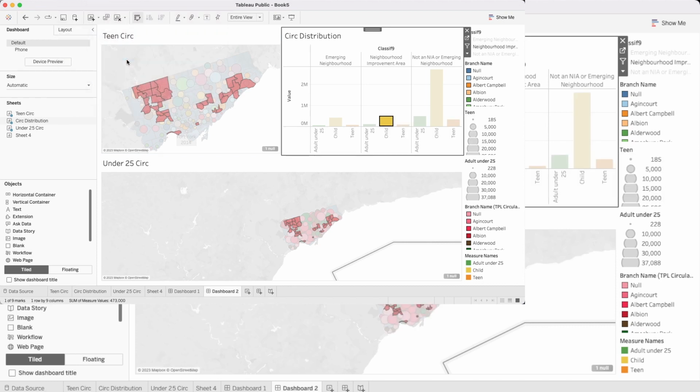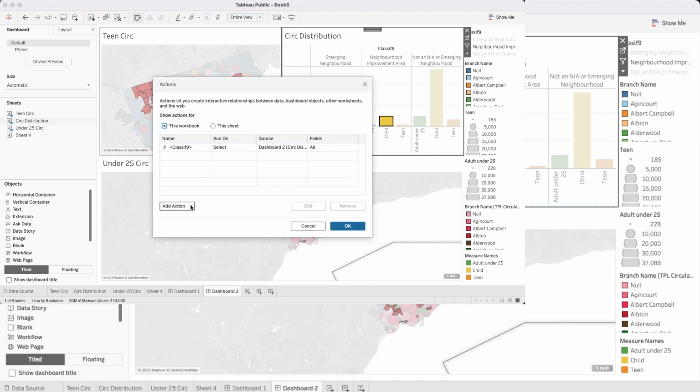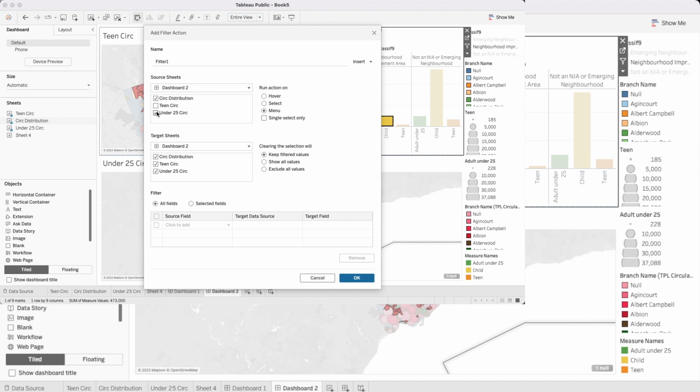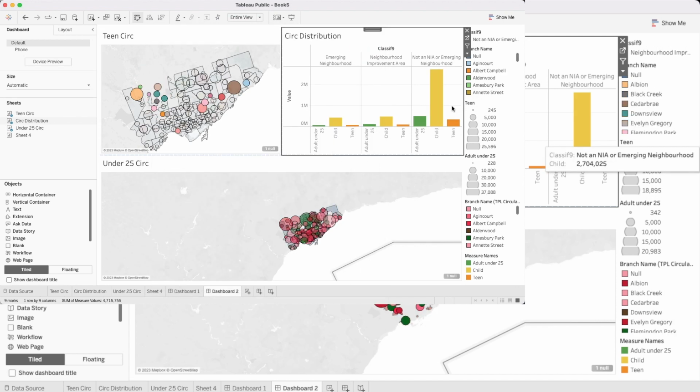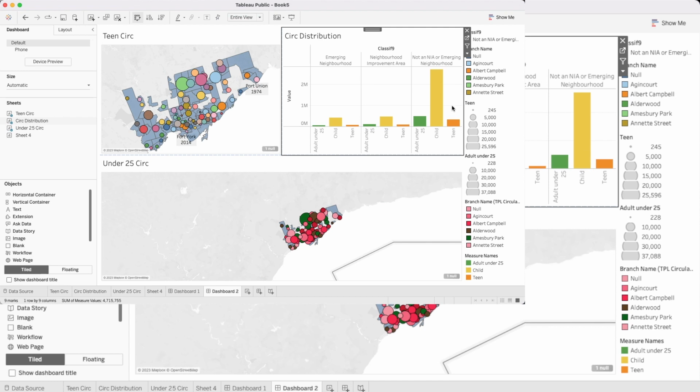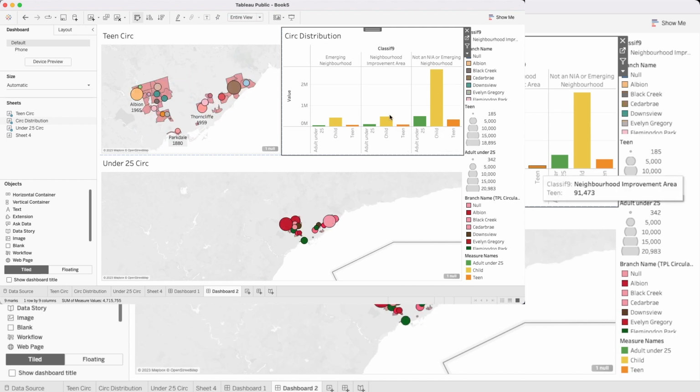Next, we're going to add another action under Dashboard. And this time we're going to add a filter. Click on Filter. The source sheet will be the same, as well as the target sheets. However, we will run the action on hover, and instead we will filter by the percentage of teens total, the max range we selected. It will update our map according to the neighborhood distribution as well as the teen distribution